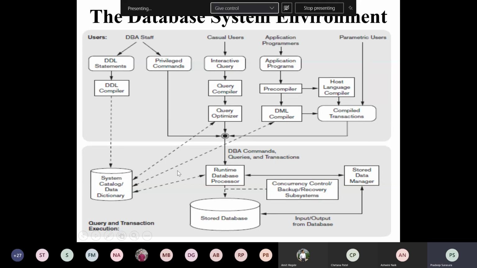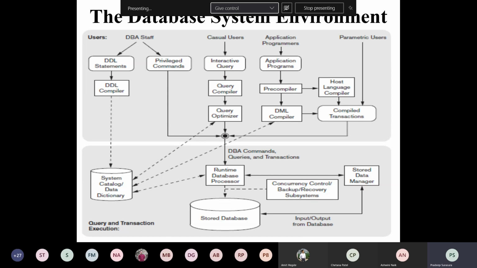Finally, I have the runtime database processor which executes all the tasks, and two special components are attached to our databases: concurrency control, and backup and recovery subsystems, along with the stored data manager. These two components are left out. Concurrency means simultaneous execution.